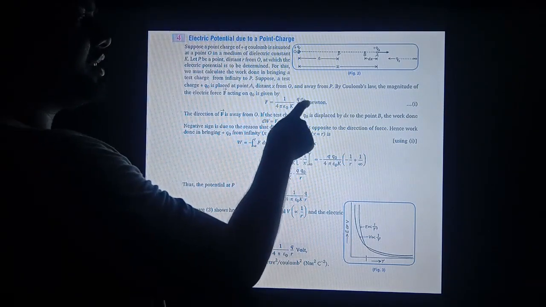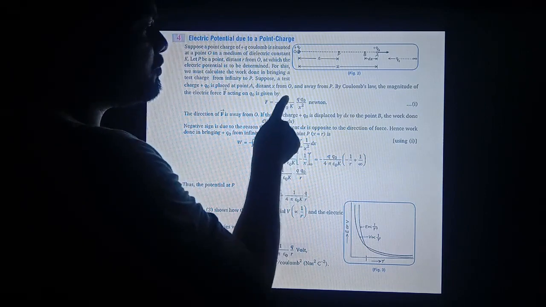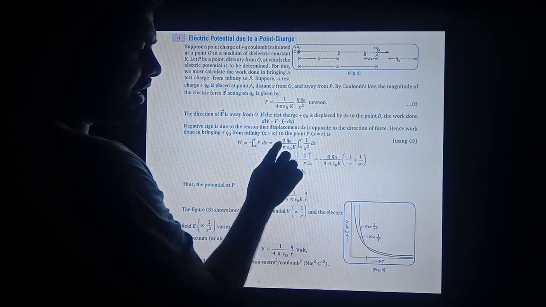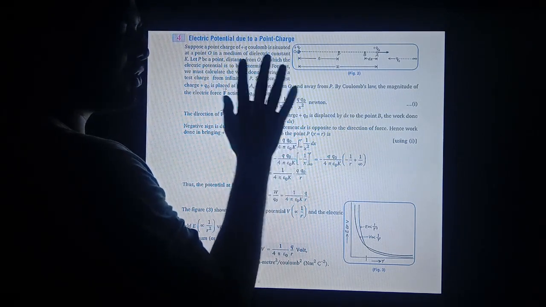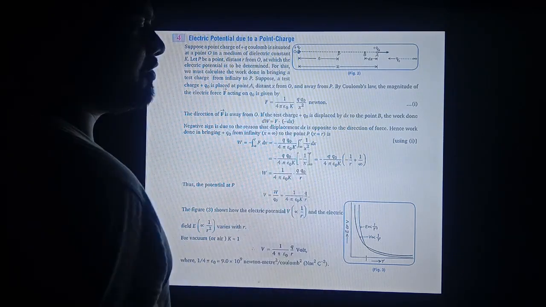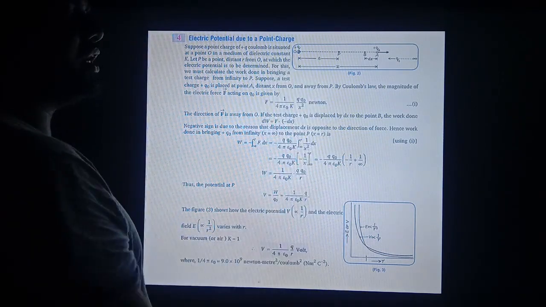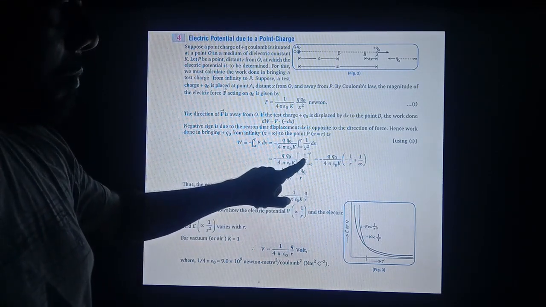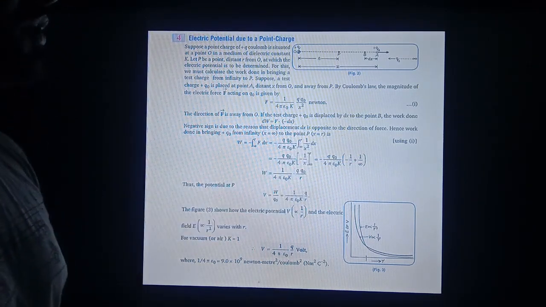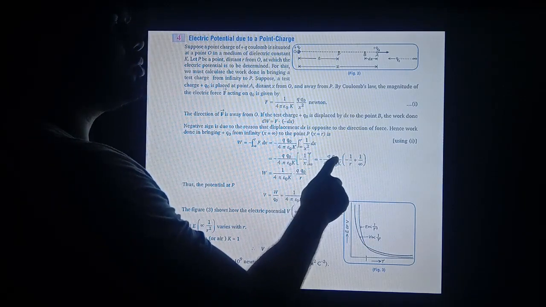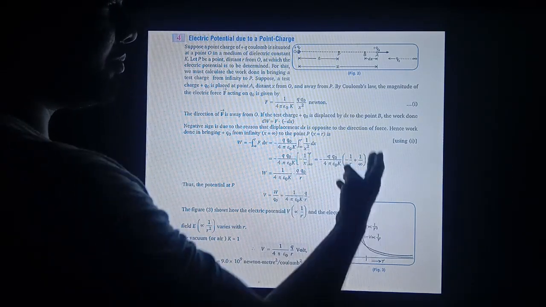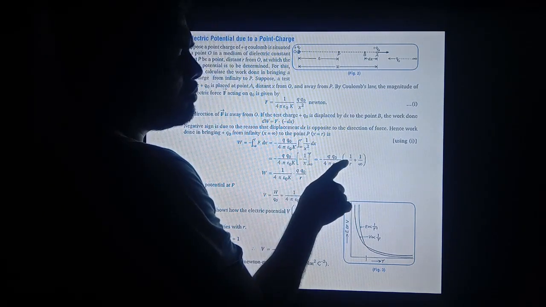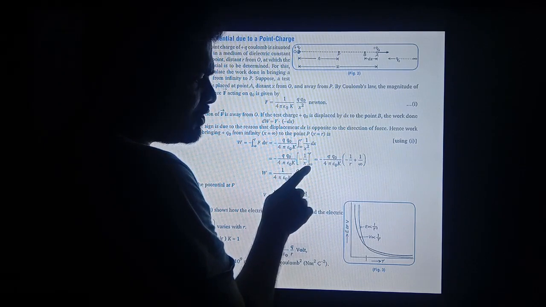What is the value of F? It is this. So the constant part is 1 upon 4 pi epsilon naught K times Q Q0. Take it out as common: minus Q Q0 upon 4 pi epsilon naught K. Now integration from infinity to r of 1 upon x square dx. When you integrate this equation, it will come minus 1 upon x from infinity to r. Then open the limit: Q0 upon 4 pi epsilon naught K, bracket, minus 1. First x will be equal to r, so minus 1 upon r. In the second case, x is equal to infinity.